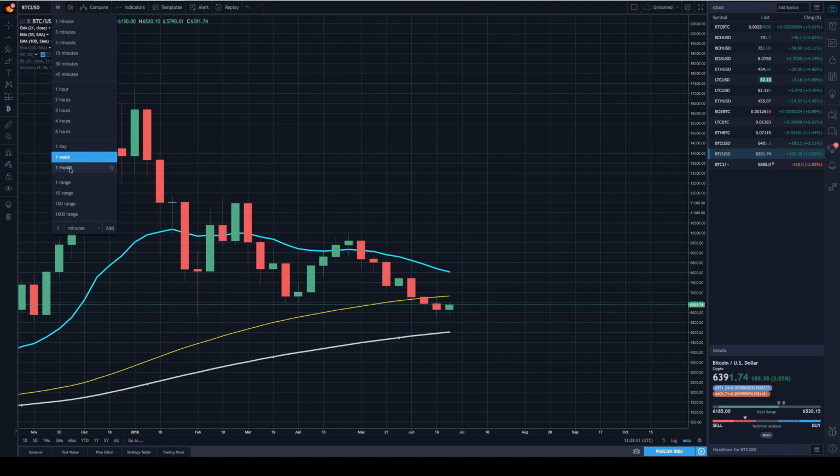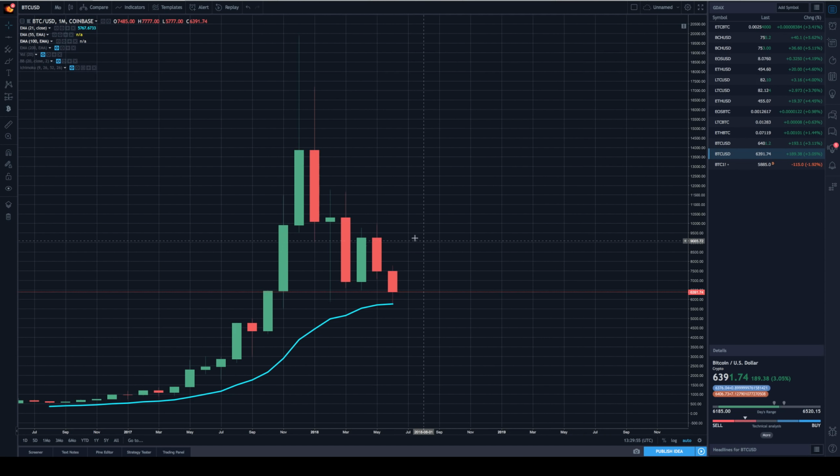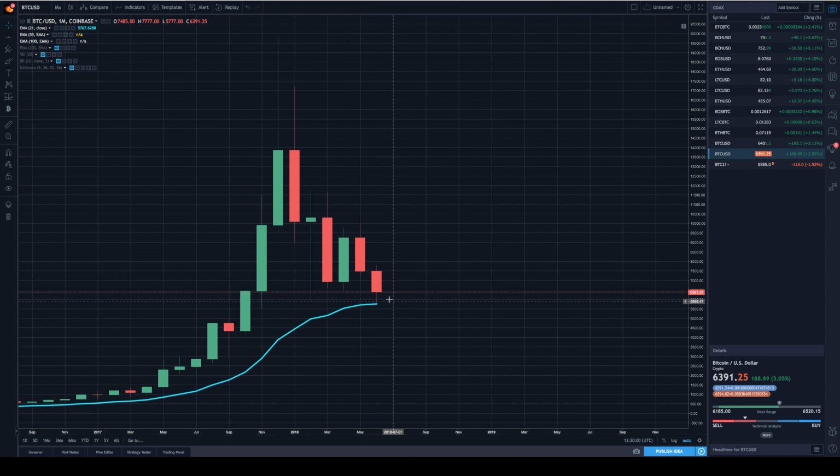And lastly, I want to pull up the monthly here because, listen, June is almost over. We're about to start a brand new candle. What can we decipher from this ending candle here, even though we have a little less than 24 hours left? Well, look at that. We found great support on the 21-day EMA. We found it right there. It bounced off about